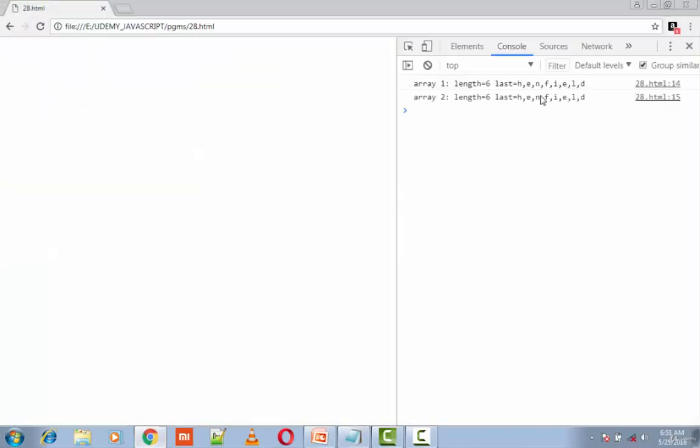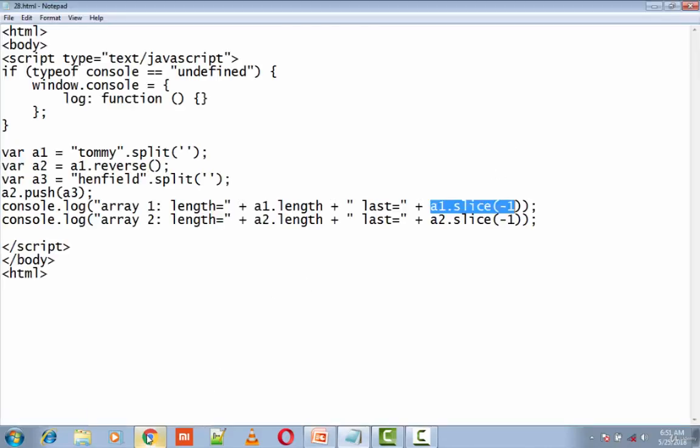separated by commas. So if you observe here, we have this a1 and a2. Actually, they both are the same. That is, they contain Tommy, which is reversed, and we have this Henfield also.